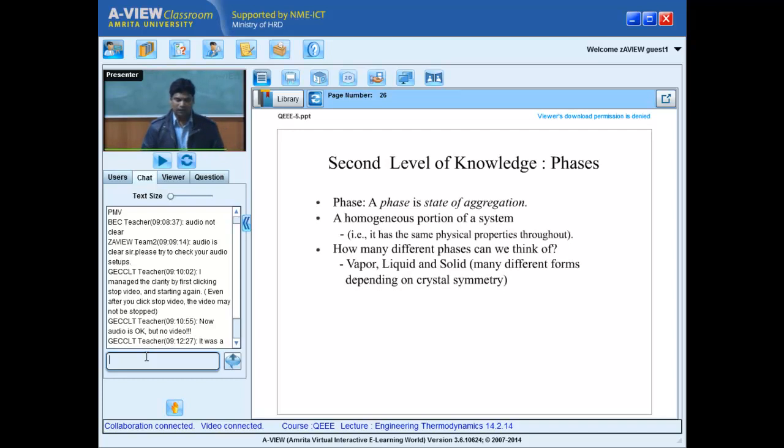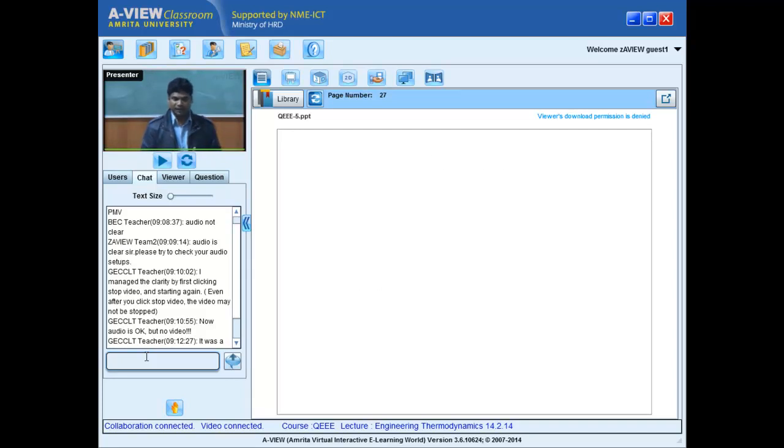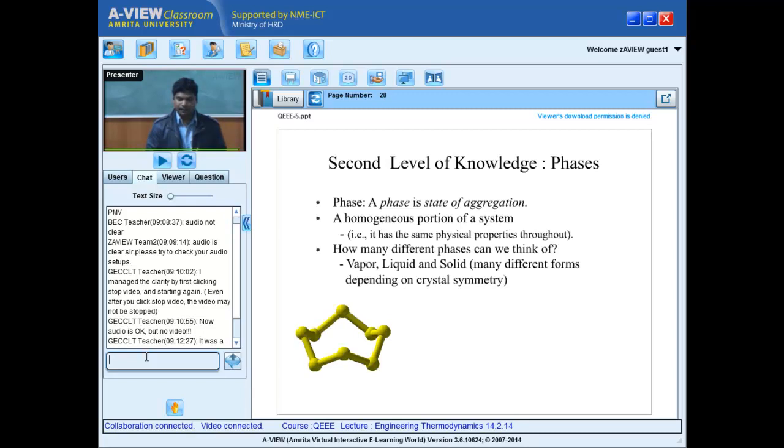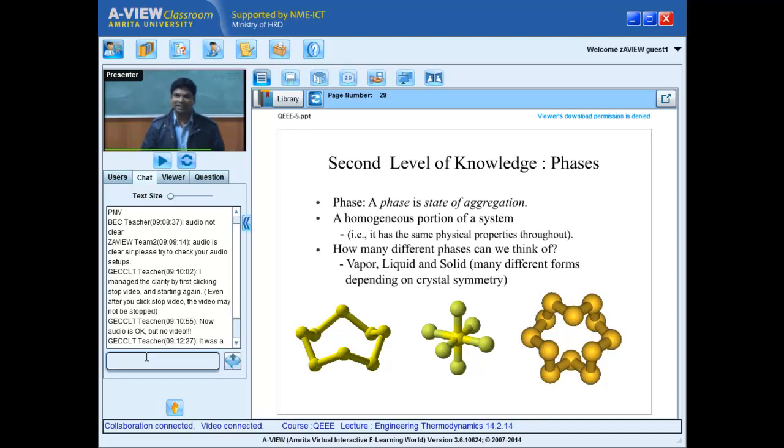All of vapor, liquid, solid. But within the solid, as I was saying, there are substrates, depending on the crystal symmetry and the size of the crystal, and strictly speaking, all are sulfur. And chemically they are the same. But still, the physical property of this one, maybe density, and the property of this one are different in terms of density.